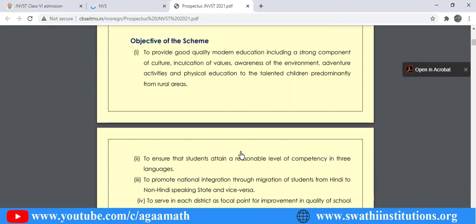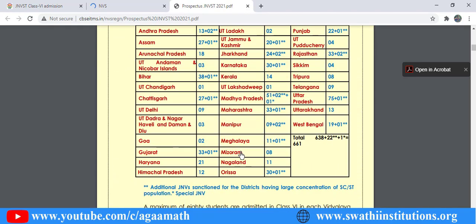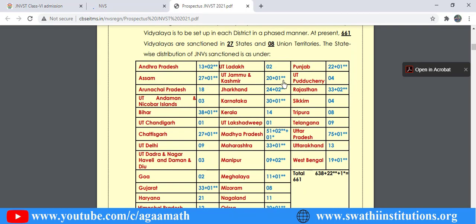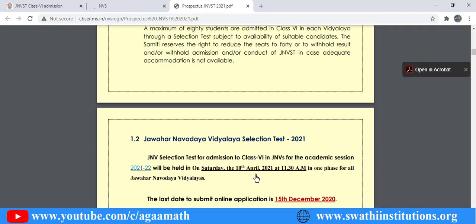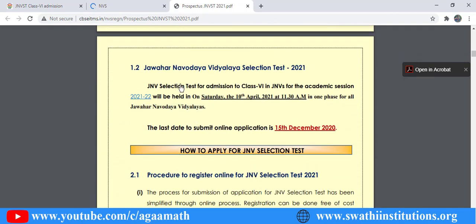Okay, so if you scroll down slowly, we can see the total number of schools we have all over India. There are a total of 661, including all the different states. Okay, and now we can see the JNV selection test for admission to class 6 in JNVs for the academic session 2021 to 22 will be held on Saturday 10th April 2021 at 11:30 am.